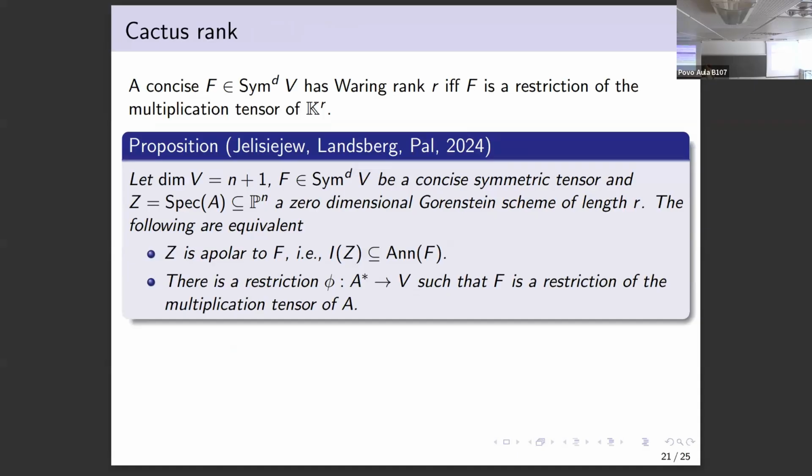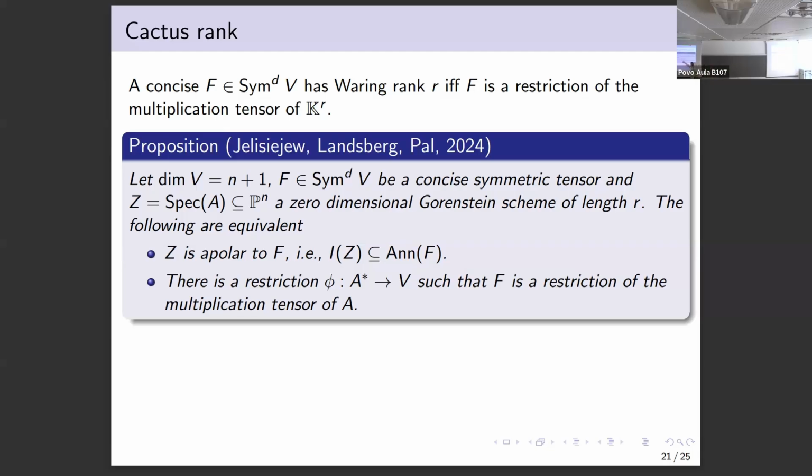And it turns out that this statement generalizes to the non-reduced case as well. So let's go over this statement slowly. We have n plus 1, the number of variables, and f a concise symmetric polynomial, and Z that is a scheme which is 0-dimensional, and Gorenstein. One thing I didn't mention is that we can just restrict to the Gorenstein case for the cactus because it's a result by Buczyński that the cactus rank will always be computed by Gorenstein schemes, so we can just focus on them. And the statement says that